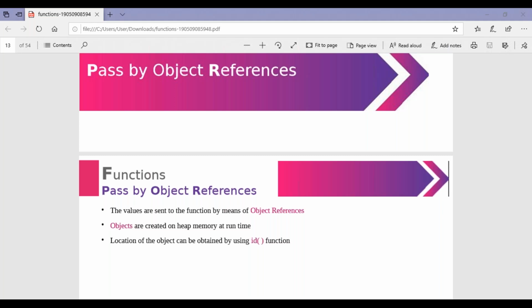How do you pass your object reference? There is this way. Objects are created